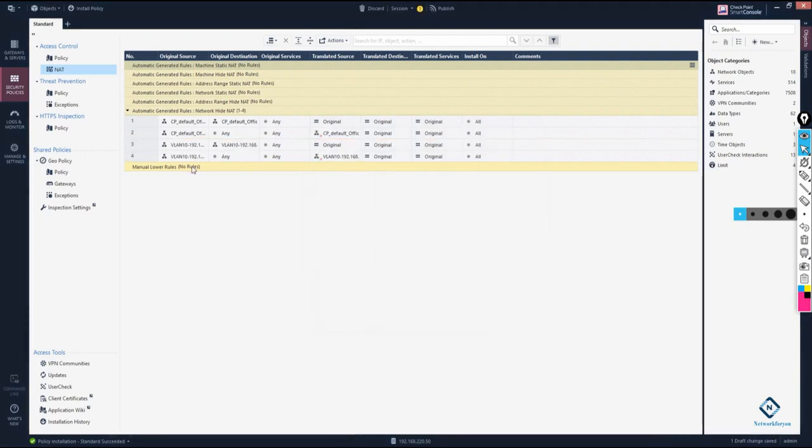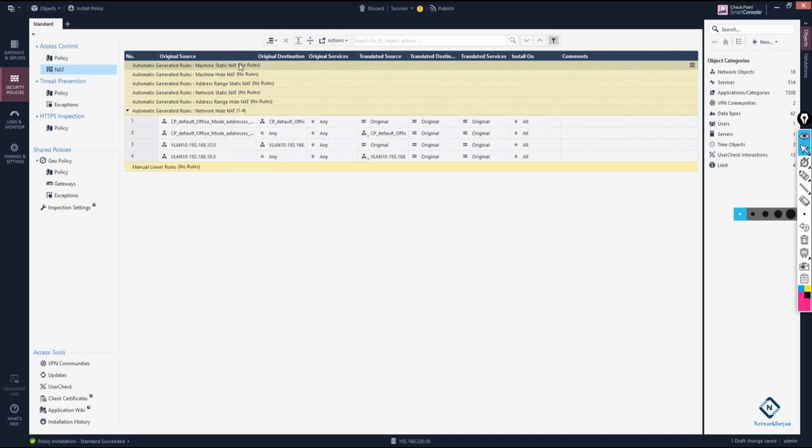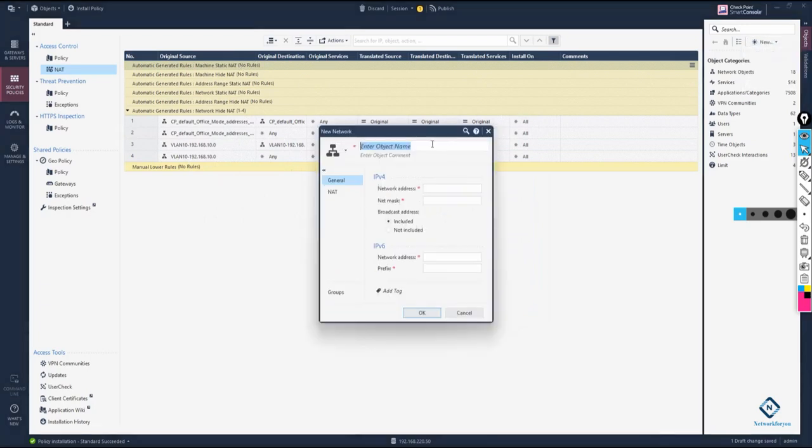If you see, we created a NAT for the VLAN. I can move this like this. So VLAN 10 we are done. Now we will do it for VLAN 20. So I will do the same thing here. Here, object name, I am creating the object. So I can give the name VLAN 20,